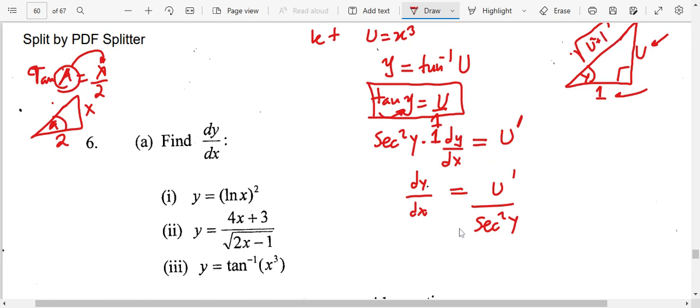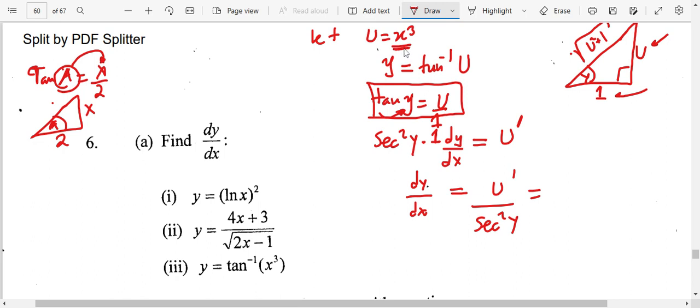Are you okay up to this point? Yes, I am. Alright. So we can now express this as where there is u prime, you're going to get